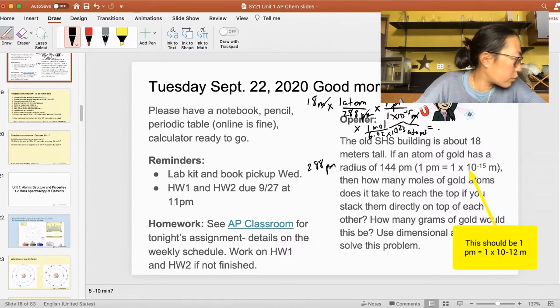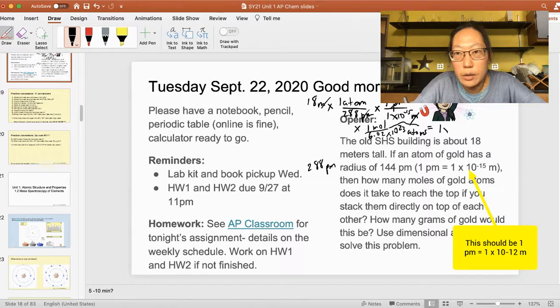Okay, so what I got for the moles, I got about 1 times 10 to the minus 10 moles of gold, which is actually not that much, right? Like these atoms are surprisingly small, but to get to the top of the building, it's, so you can see this is not that many moles. And then once I